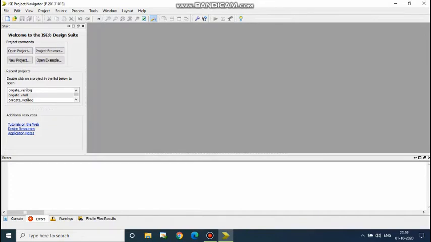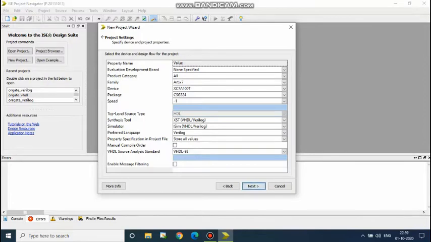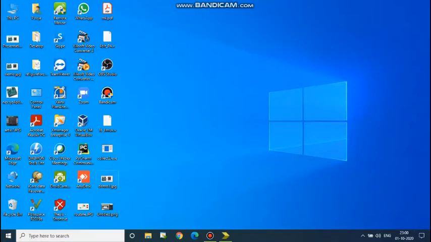To start a new project or write new code, you have to create a new project and give it a name. Here some information has to be filled in. You can see I have selected Artix-7, the device name, package, and speed from this reference.